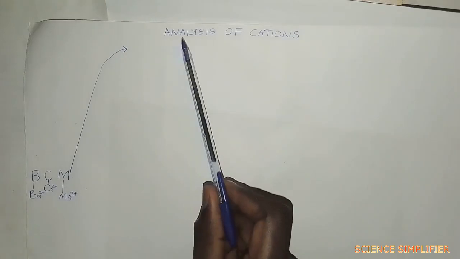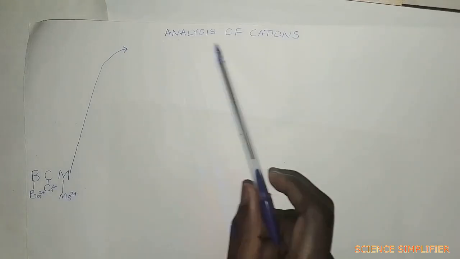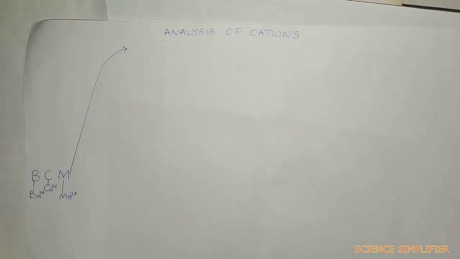Today we are going to look at analysis of cations, and today we are going to see BCM. B stands for barium ions, C stands for calcium ions, and M stands for magnesium ions. We are going to see what happens to the test solution when we add these reagents. And we are going to start with